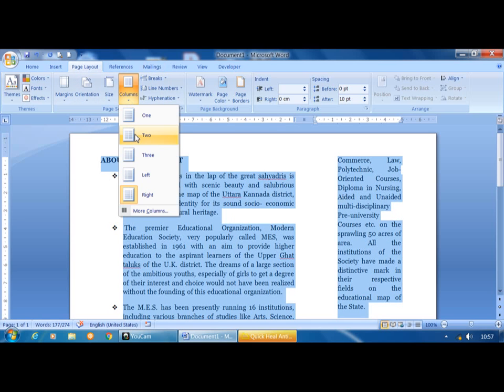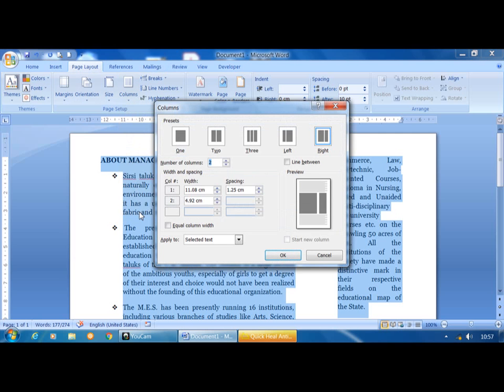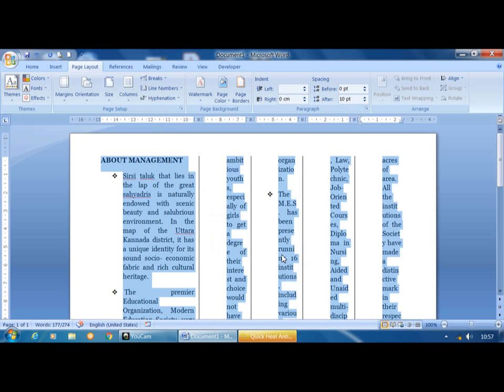If I want to convert the entire text into 5 columns, just click on the more columns option. Here the number of columns options are there, just increment the button and you can easily view 5 columns. If I want a line in between columns, you can select the line option, then click on OK.